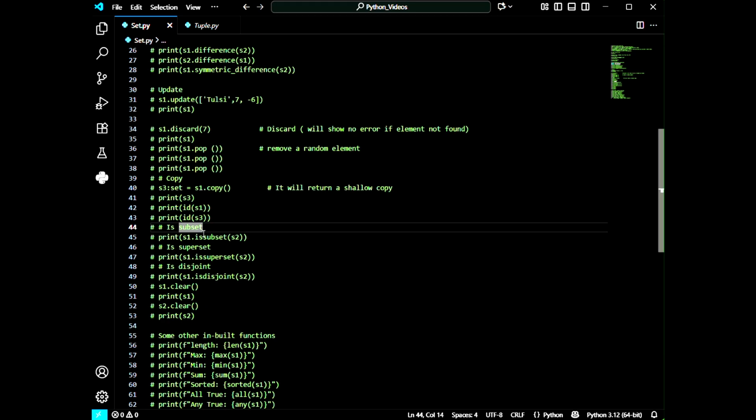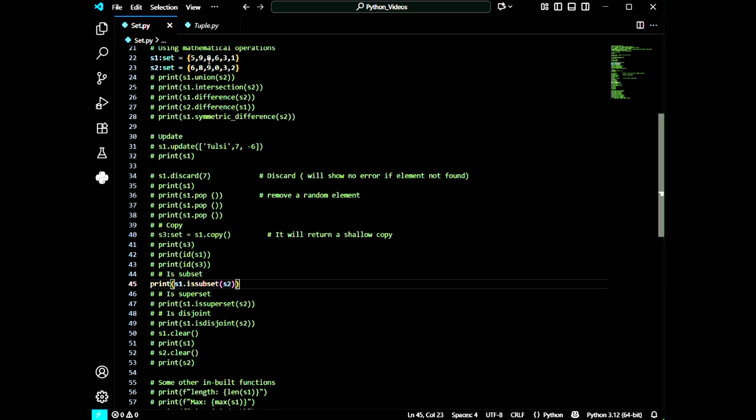So now we are going to check whether it is a subset or not. When we execute the program, it will give me the output in the form of a boolean. First I would like to say what a subset is. Here I have created two sets, that means two references. This is my first set and this is my second set. I have written S1 dot issubset, using the issubset function with the help of the dot operator to check whether S1 is a subset of S2 or not.